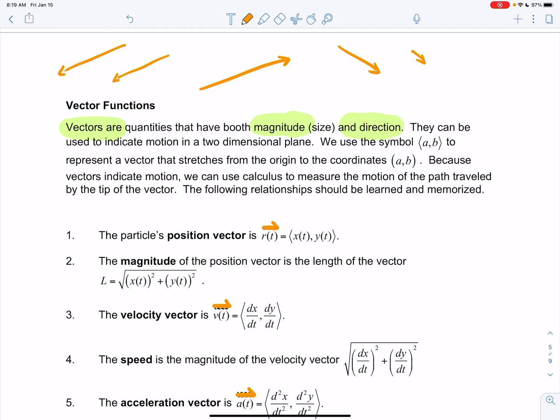If you guys have ever watched Despicable Me, there's an evil character, I believe his name is Vector or something like that. And he claims that he has both magnitude and direction, something like that. Anyways,